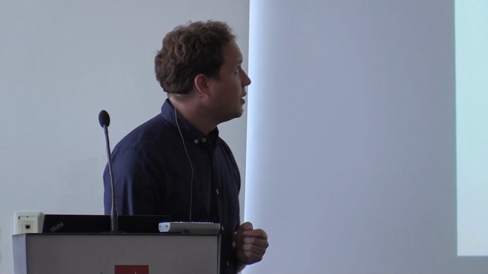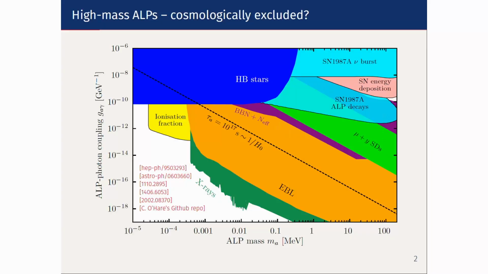And if you look at a variation of the plot that we've looked at so many times at this conference, here we can see the axion or axion-like particle constraints in the mass and photon coupling plane. And this is more the cosmological part, so we can see the typical mass scale is mega-electron volt, and we can see constraints from astrophysics, so from stellar evolution and globular clusters, supernovae, and then a bunch of